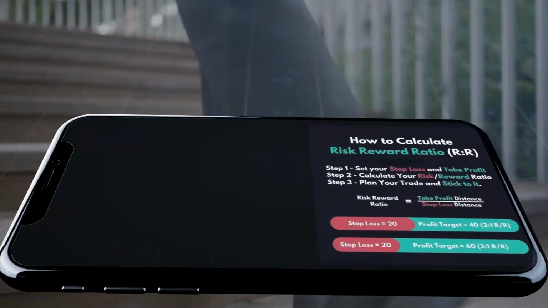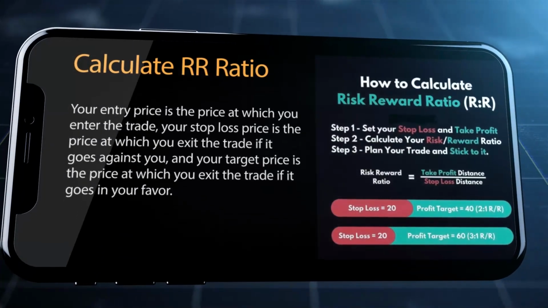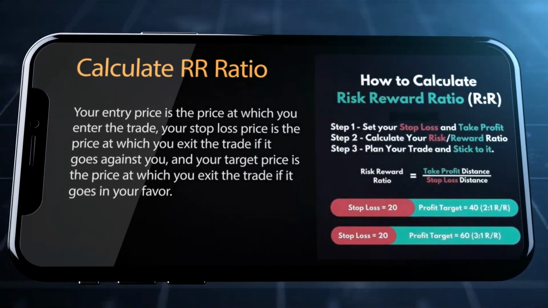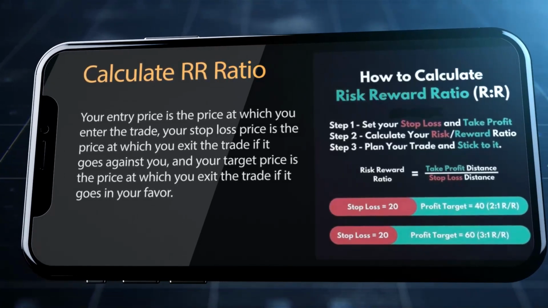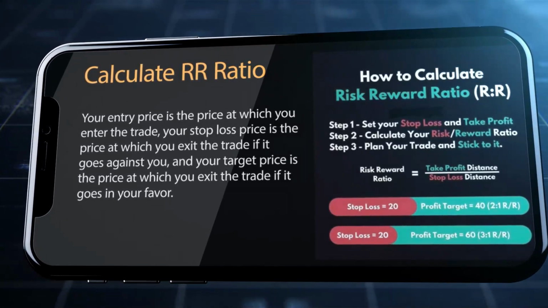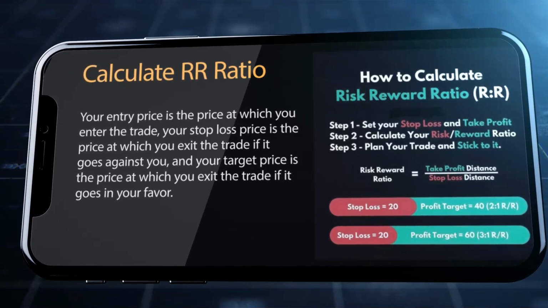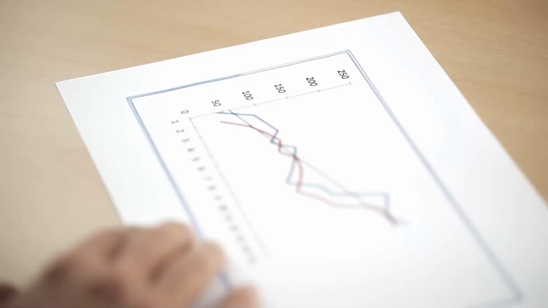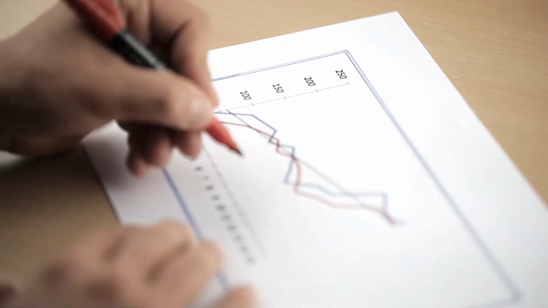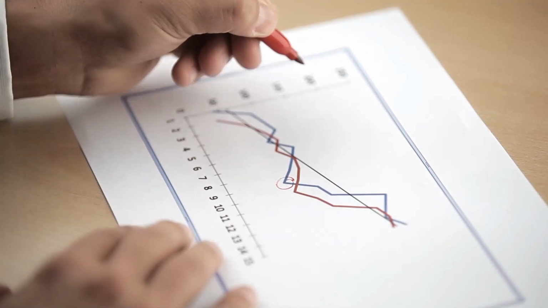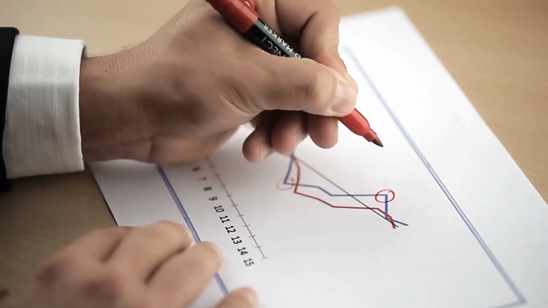Your entry price is the price at which you enter the trade. Your stop-loss price is the price at which you exit the trade if it does go against you, and your target price is the price at which you exit the trade if the trade goes in your favor. When setting your stop-loss and target prices, it's important to use technical analysis and market conditions to determine the most